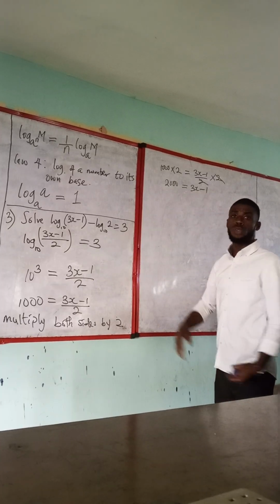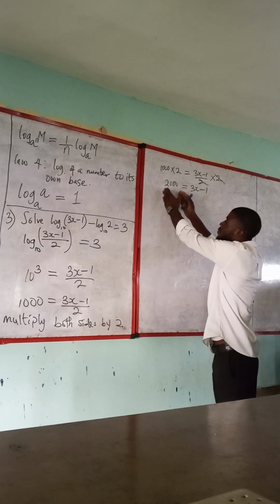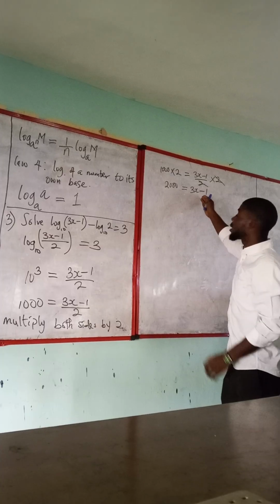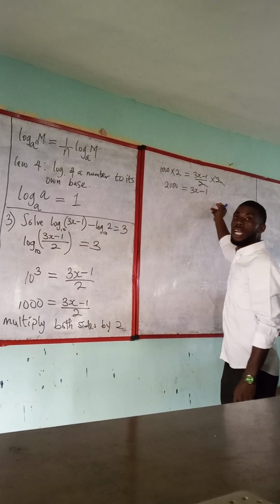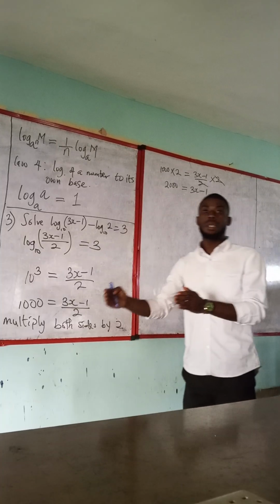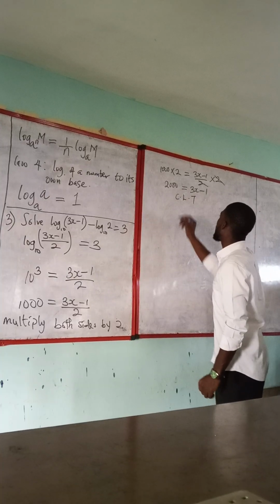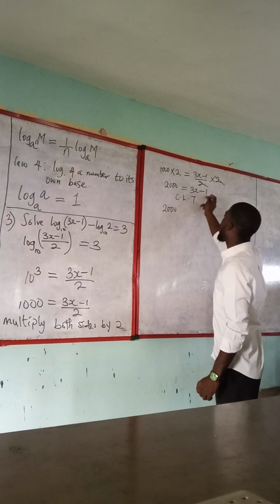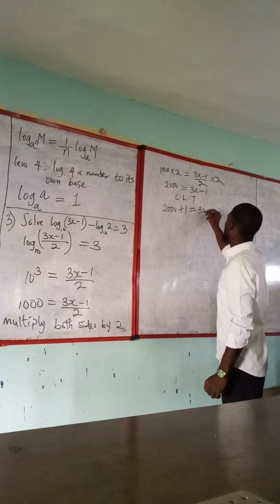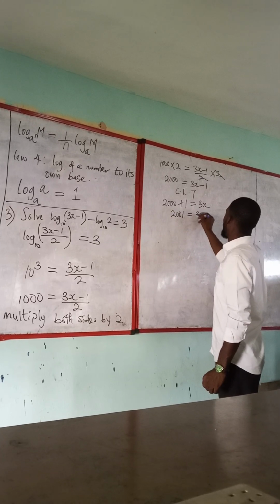Which is a simple equation. How do we solve an equation? In the equation, we are trying to make sure that the term on the left hand side is 1 and the term on the right hand side is 1. If you look at this, the term on the right hand side is 2, 3x minus 1. How do I make this 1? I have minus 1 here and I have 2000 here. These are 2 simple numbers that we can actually add together. So I will collect like terms so that this becomes 2000, and minus 1 crossing the equality sign will give us plus 1. And it will be equal to 3x. 2000 plus 1 will give us 2001 is equal to